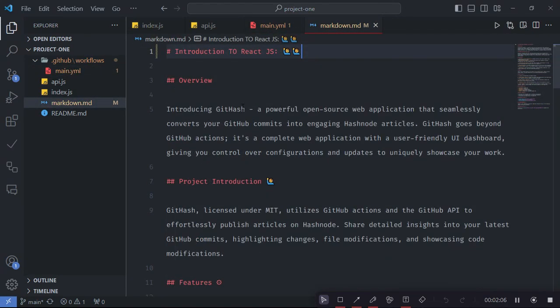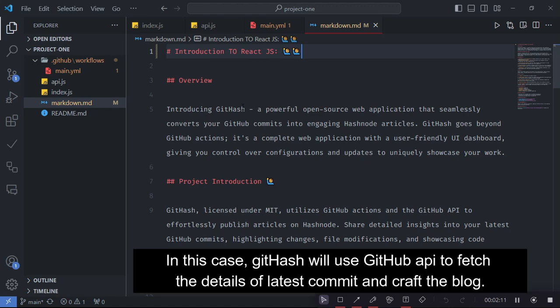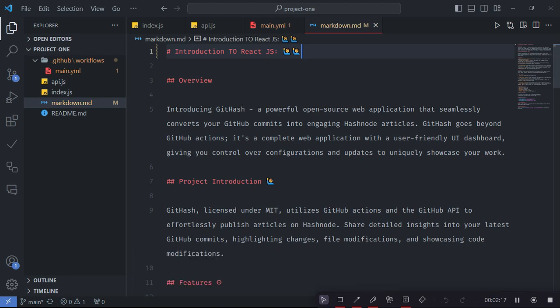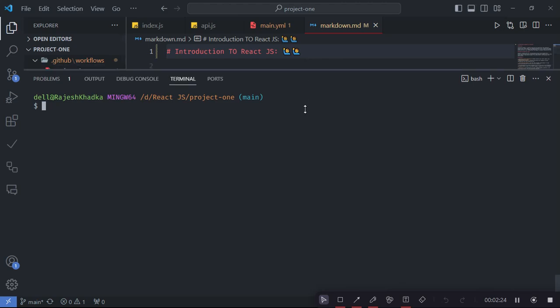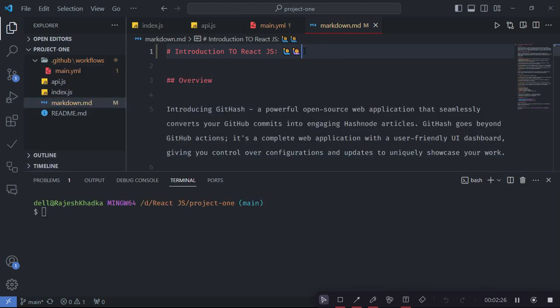One is specifying your own markdown, and another is changing the code and pushing it to the repository, and the GitHash application will automatically generate the markdown for you. So firstly, I would like to demonstrate how you can add your own markdown to publish the article. I have this markdown already present here. So I will add the